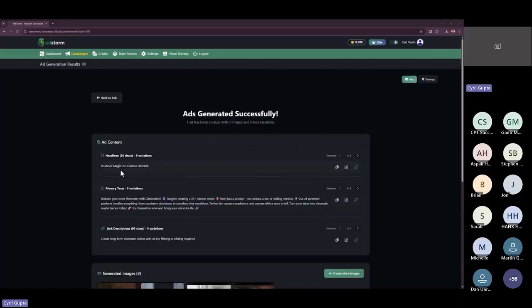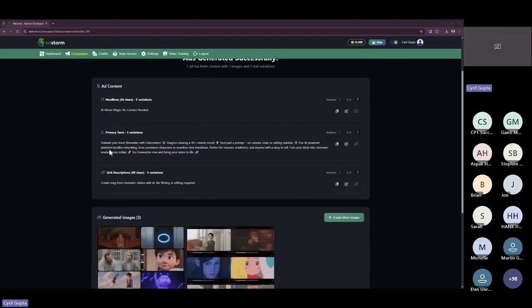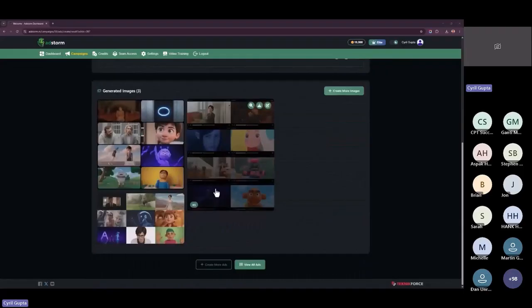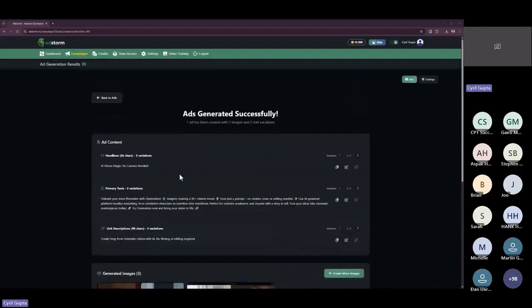And there you have it, the ads themselves. And remember, I told you that Adstorm is going to give you the complete ads. That's right, not just the visuals. It's got great visuals, of course, but beyond that, Adstorm knows that to place a Facebook ad, you need a series of headlines, you need primary text, and you need link descriptions. And you can put up to 5 variations each for each of them on Facebook,